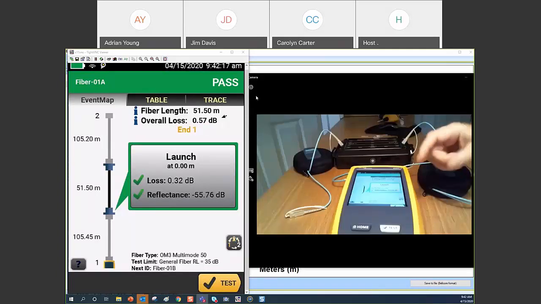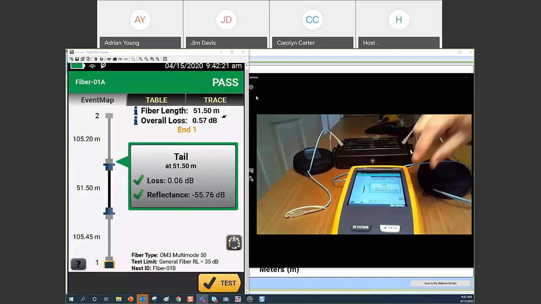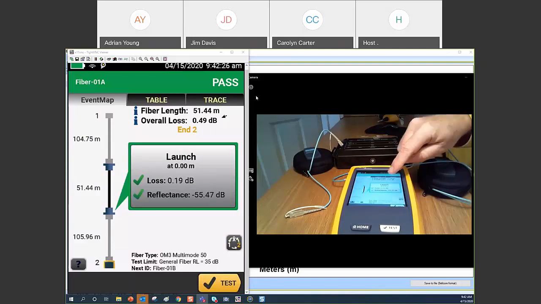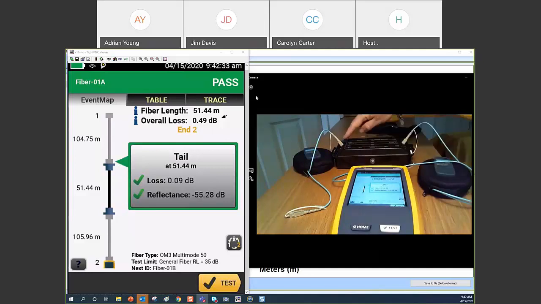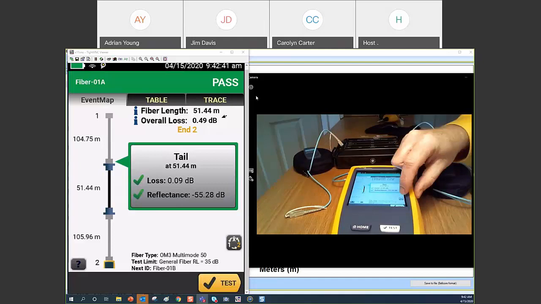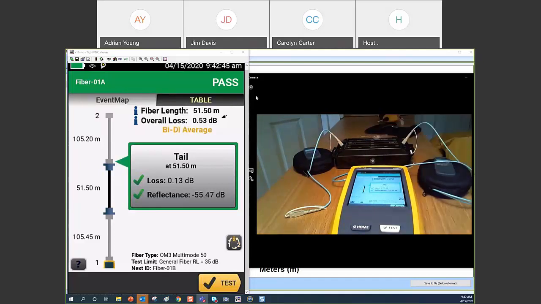Here we have end 1 with the good connection and the really good connection. Now let's jump to end 2. Wait a minute, that .06 that I had has suddenly turned into a .19, and that other connector that had .3 something in loss is now 0.09. That's the optimistic end. But when we put them together, we get an accurate loss value for both of those